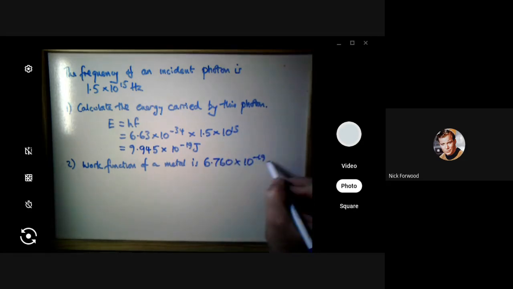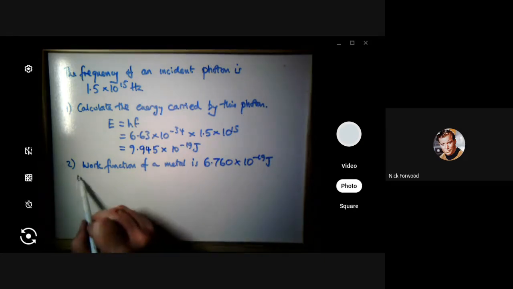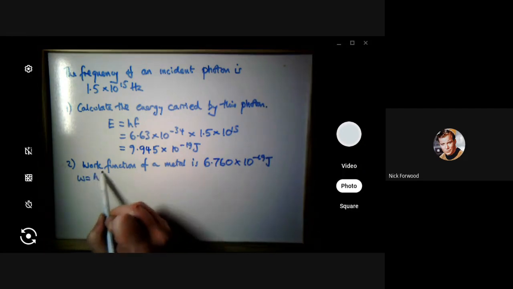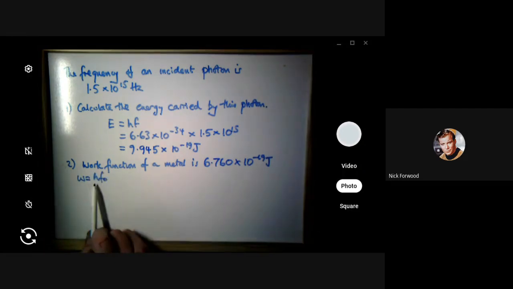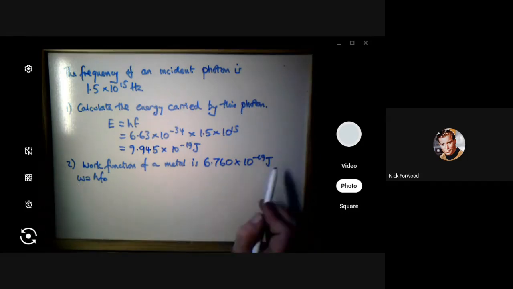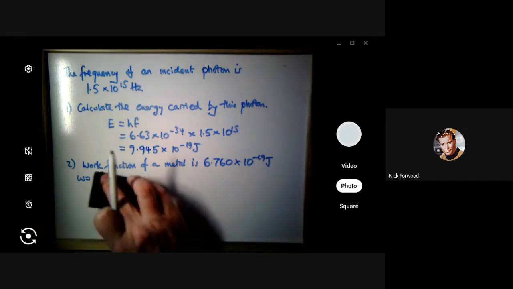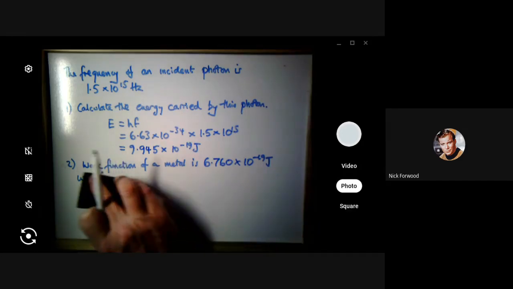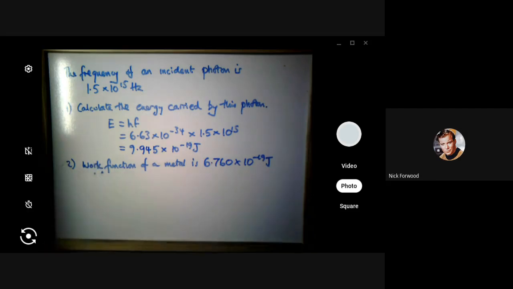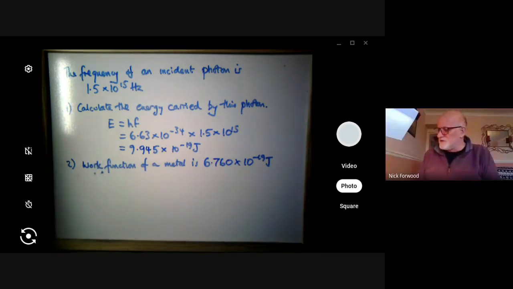And we did that earlier, so I could tell you the threshold frequency, which is f naught, and then you can multiply by Planck's constant, and you get the work function of the metal. But we did that earlier on, so not going to do that again. It's just using the same information we did earlier. And it's 6.760 times 10 to the negative 19. Now you can see